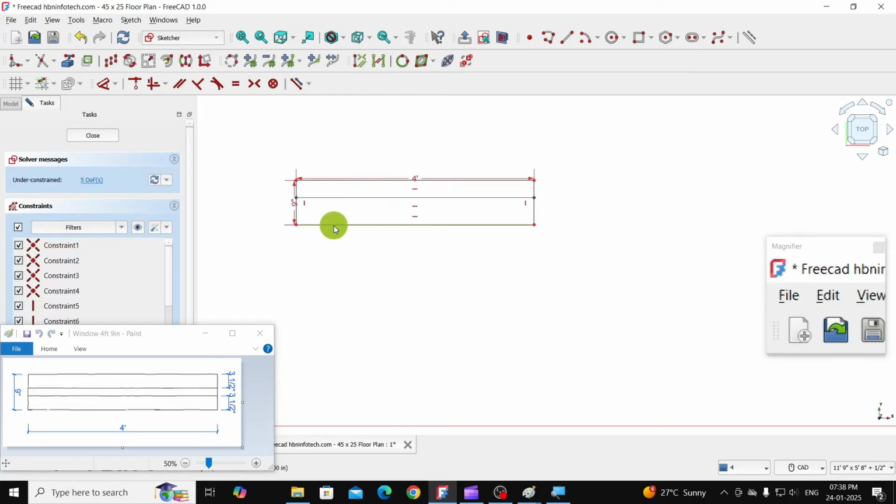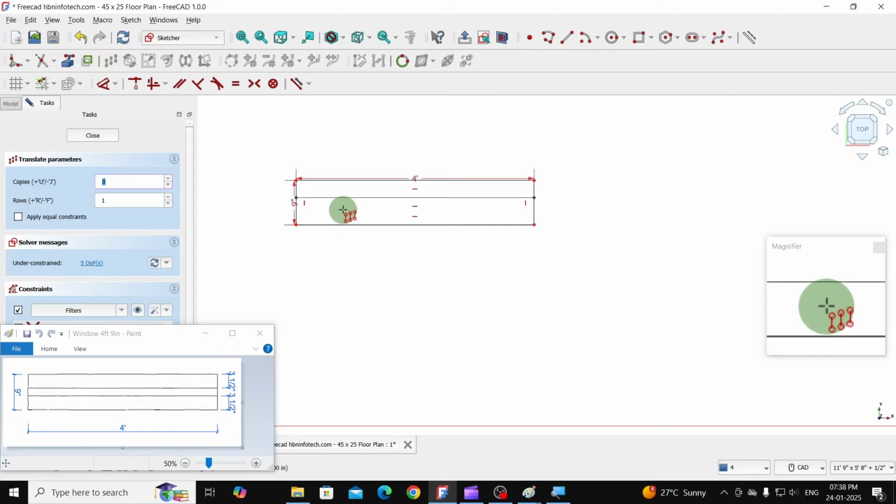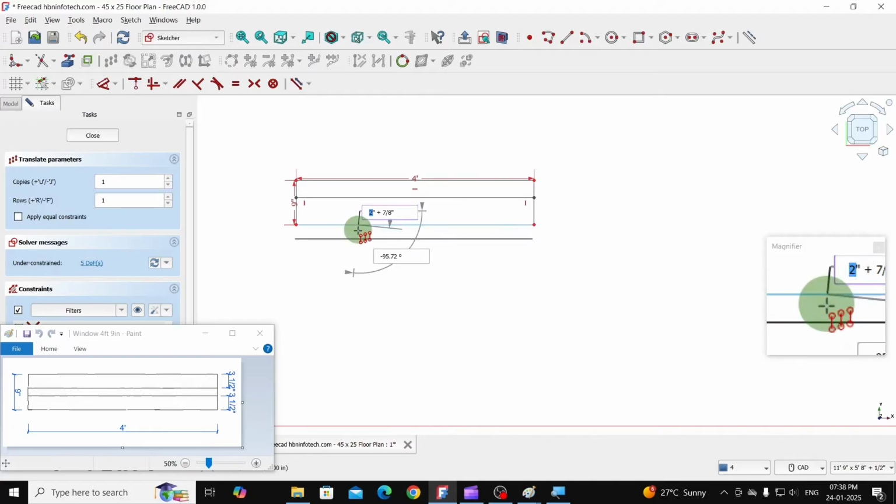Again this one, we'll copy it, number of copies is 1, click, and 3.5 inches,